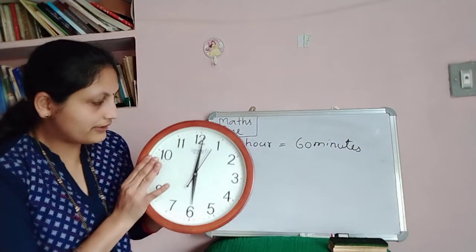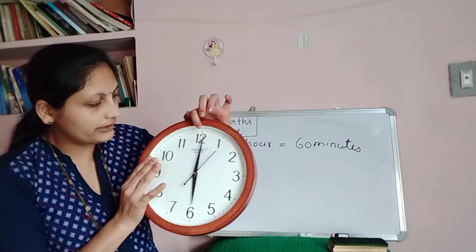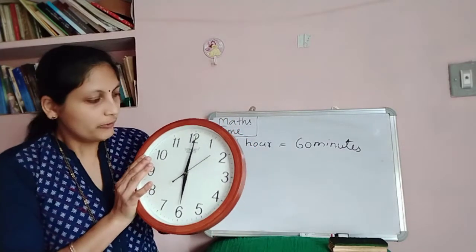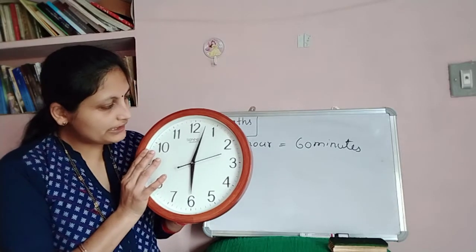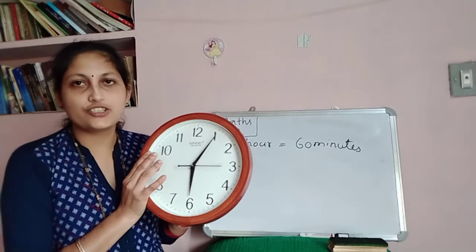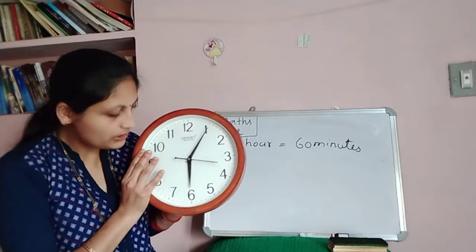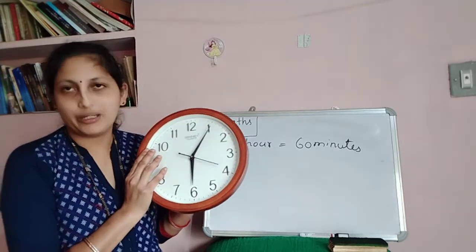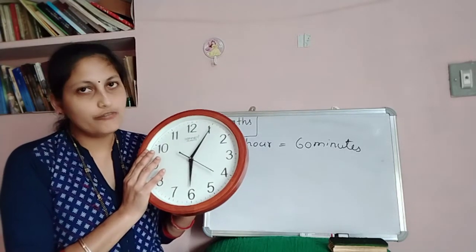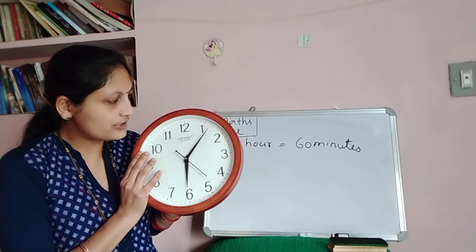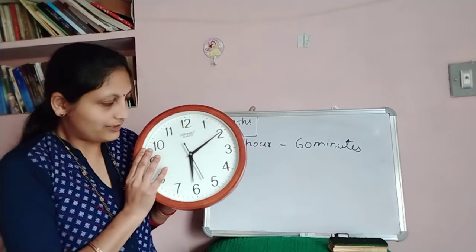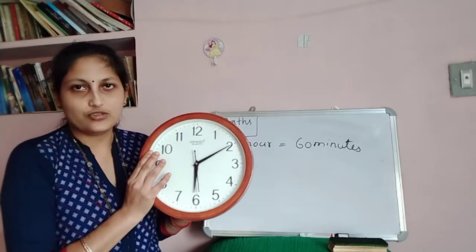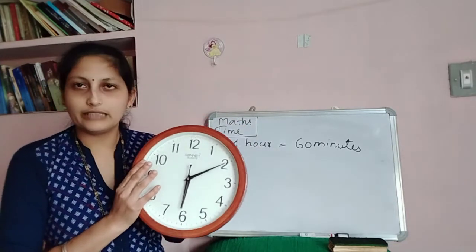So now you can see long hand is in the next line. So that is 1 minute. When it reaches the next line, it is 2 minutes. Next 3 minutes, 4 minutes, 5 minutes. When it reaches 1, it is 5 minutes. So it is now 6 o'clock, 5 minutes, isn't it? 6 o'clock, 5 minutes. In the same way, next it reaches 2, 3, 4, 5, 6 like this. 6 o'clock, 10 minutes, like that. So in this way, we read the time.